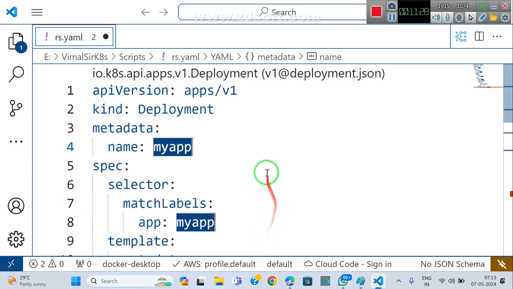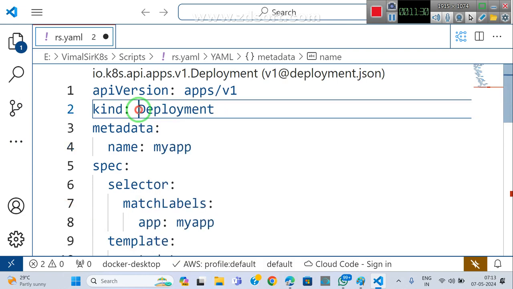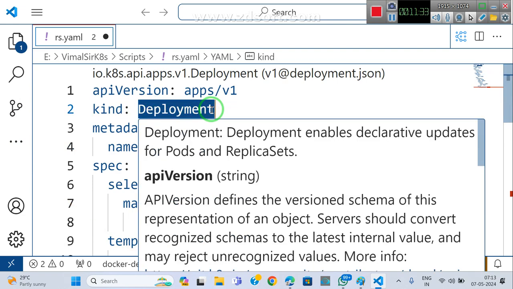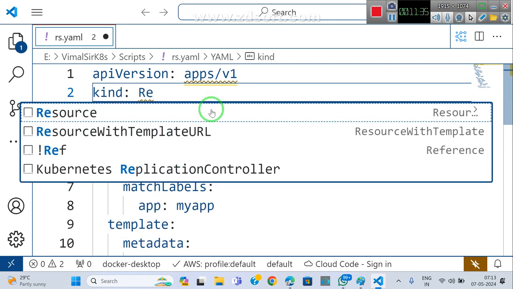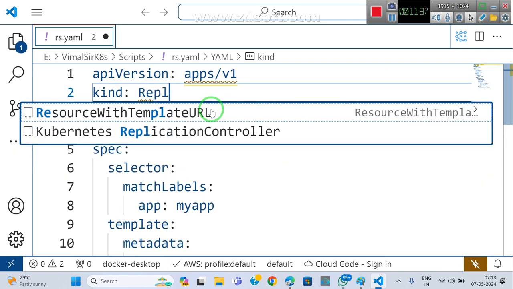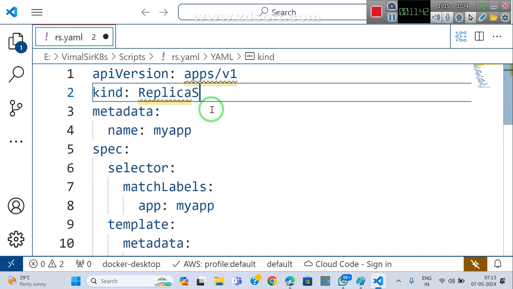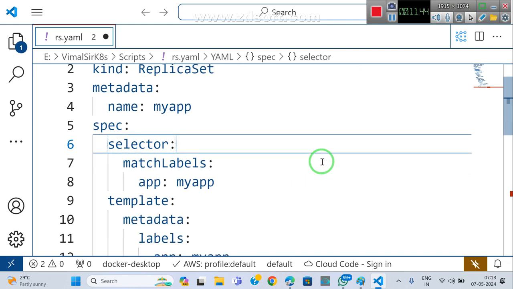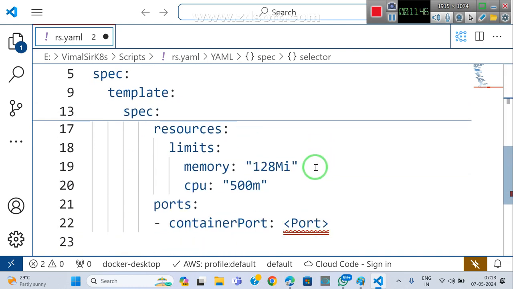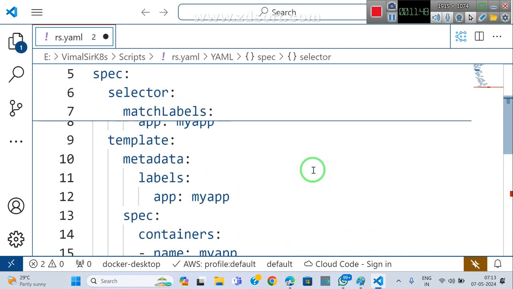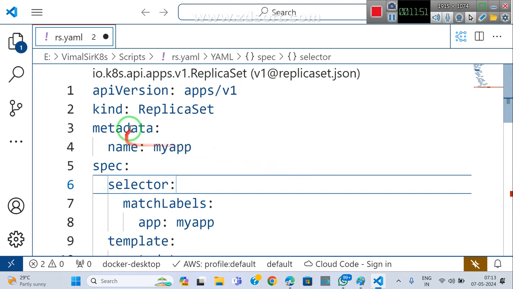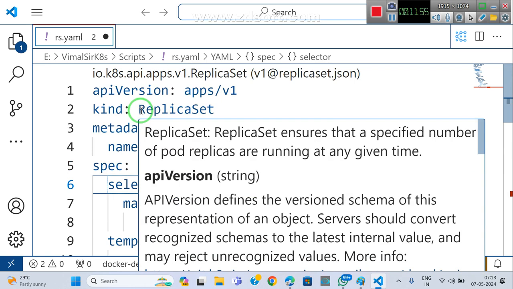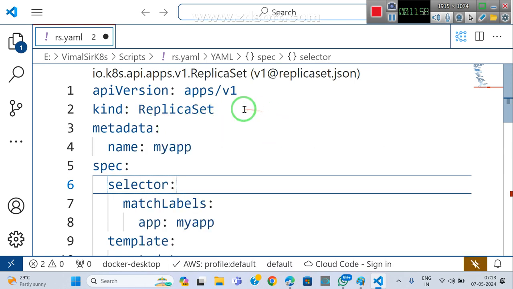Once I take deployment, whenever you got the deployment, simply you need to change it to replica set. Replica, replica. Spelling is correct, right? Replica set. That's all. Now everything is as it is. There is no difference in look and feel. Wherever deployment is there, there only you need to replace it with the replica set. Step one, step two is clear, right? But observe,